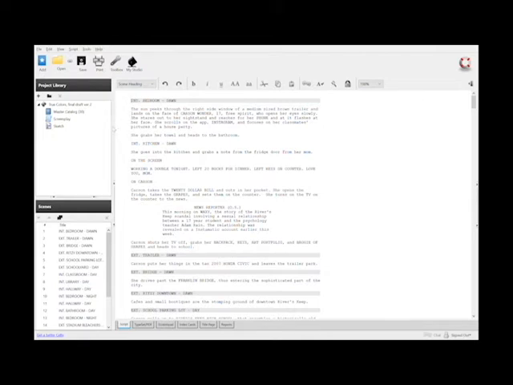Then the room you're in, so if you're in a bedroom, put bedroom. If you're in a kitchen, put kitchen. If you are in the car, put car. If you just put like in a house or you're in a store and not a specific scene, it's actually going to be a